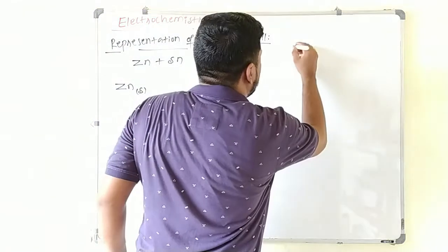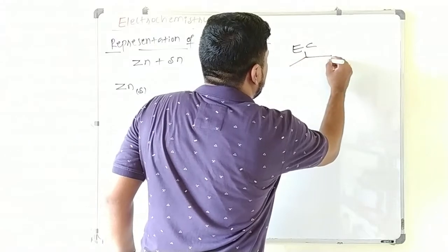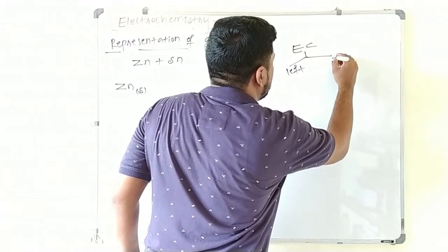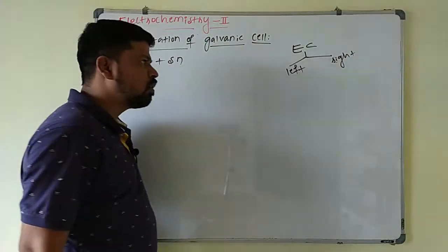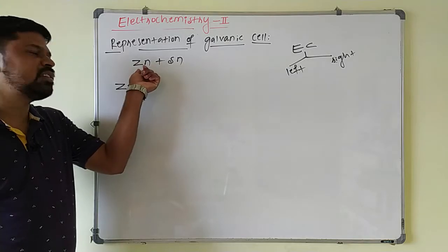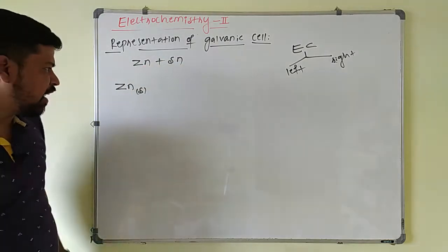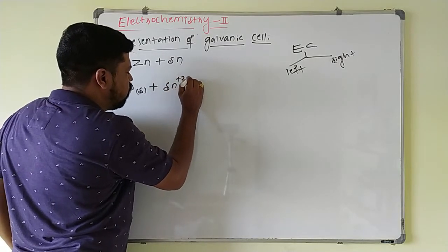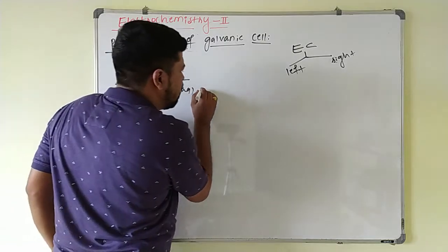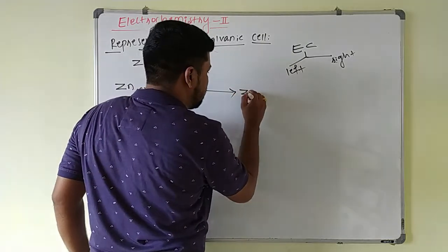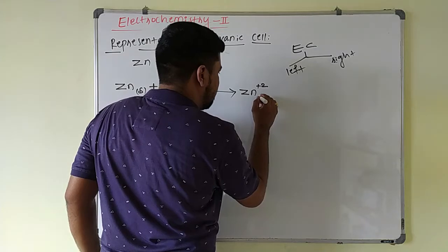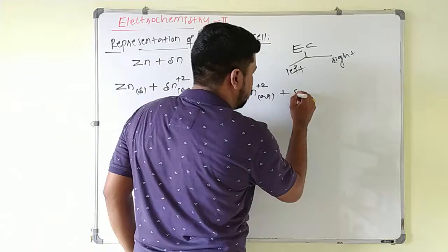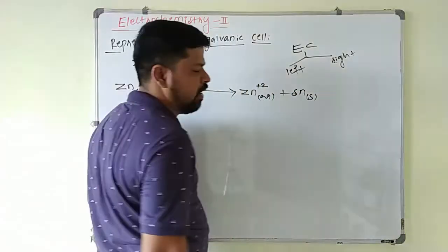Always you keep in mind, in the electrochemical series, left side element undergo oxidation, right side element will undergo what? Right side will undergo reduction here. So this is coming in the right side and this is left side, it undergo oxidation, this is undergoing reduction here. So here zinc plus Sn2+ in the aqueous medium, and it is giving what here? Zinc is undergoing oxidation, that is zinc will go into the aqueous medium, plus this tin is undergoing reduction here. So this is written as tin solid.